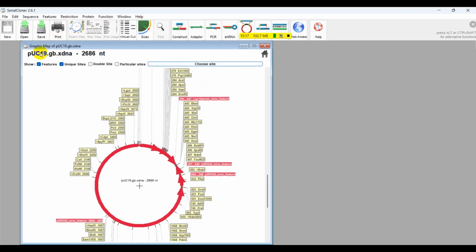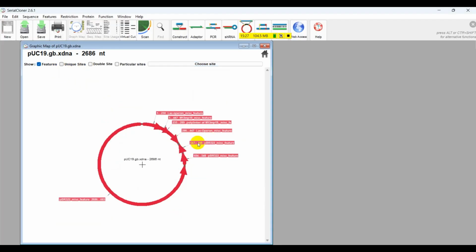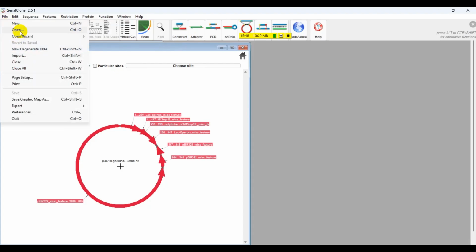Here you can see that features, unique sites are these, I mean the restriction enzyme sites. If you deselect this, then you can see the main features of the whole plasmid. ওকে, সো এটা হচ্ছে 2686 নিউক্লিওটাইড বিশিষ্ট। এন্ড এই যে এখানে দেখো PBR322 এর অংশ নিয়ে যেটা গঠন, মিক্স ফিচার, এখানে আরো অংশ আছে। হ্যাঁ, এখন আমরা ইনসার্ট করব আমাদের জিএফপি, যেটা ছিল একটা অন্য একটা